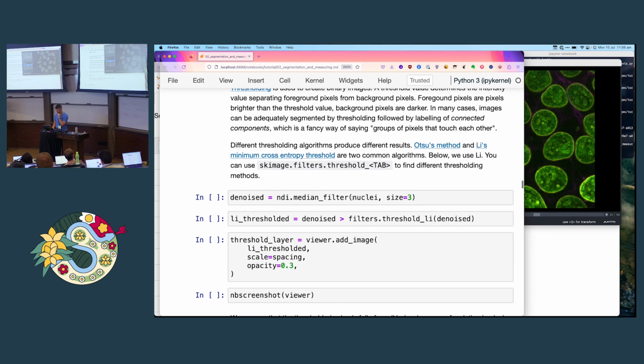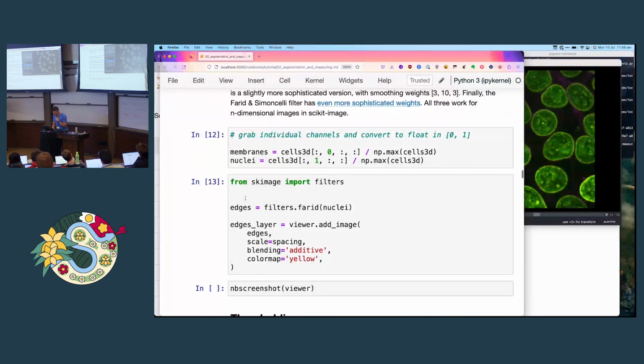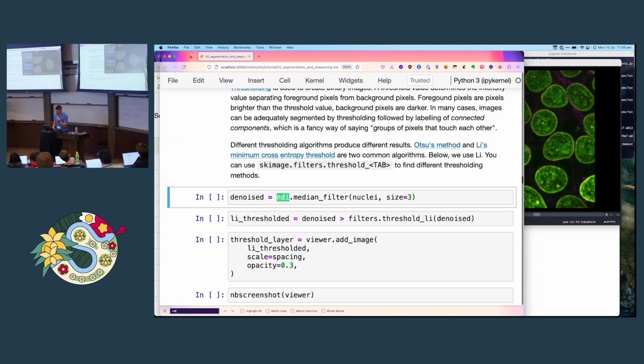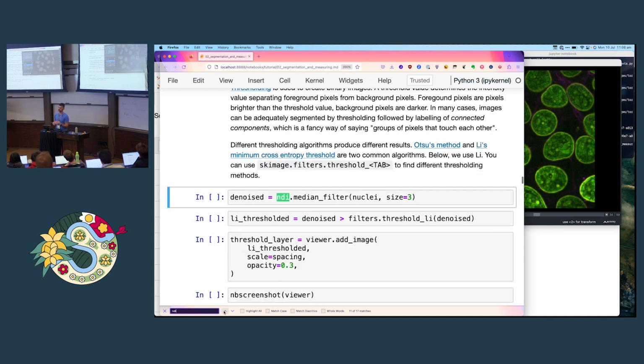So for example, here in the corner, we see the remnants of a nucleus, and you can see that it's just small isolated objects. So we probably don't want to deal with that. And there's also in between the nuclei, you can see some objects here. So we're going to remove the holes and remove the objects, and then we'll end up with a much cleaner image to work with. So import morphology,